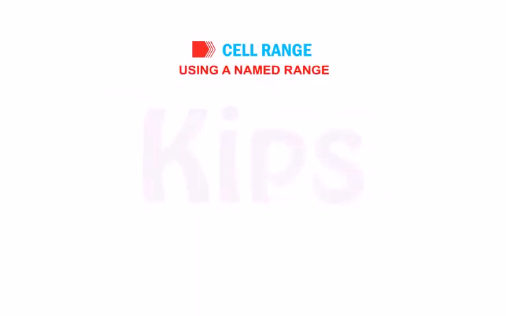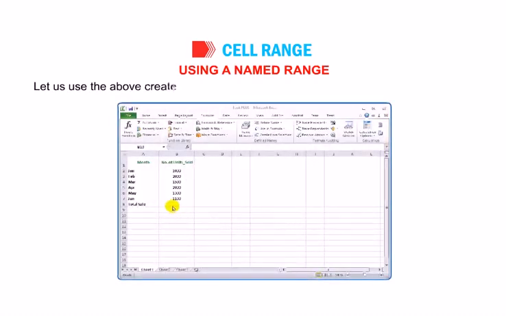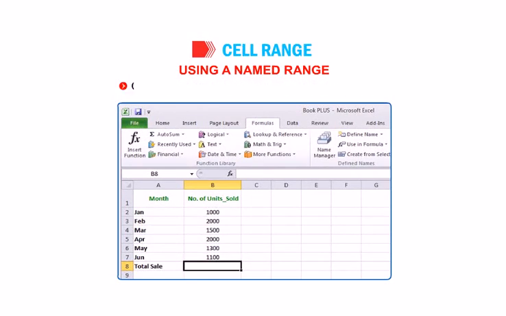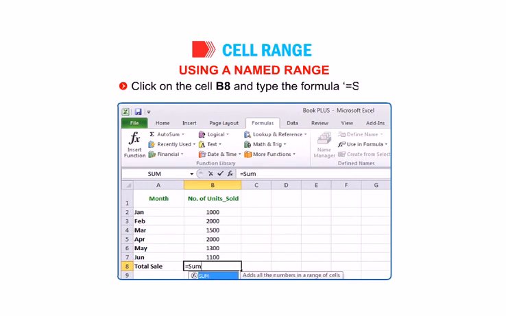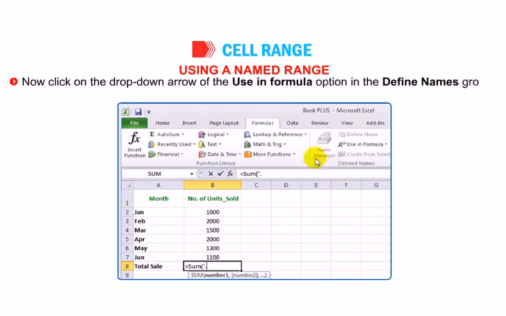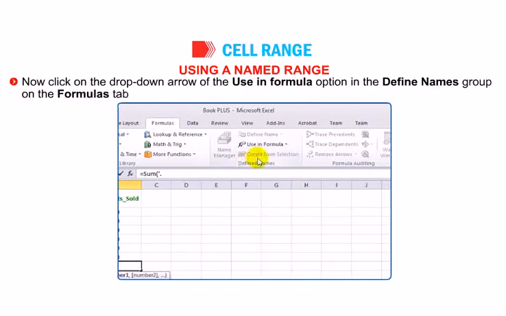Using a named range. Let us use the above created name, units_sold, in calculating the value for total sale. Click on the cell B8 and type the formula =SUM( . Now click on the drop-down arrow of the Use in Formula option in the Define Names group on the Formulas tab and select the name units_sold from the displayed list.